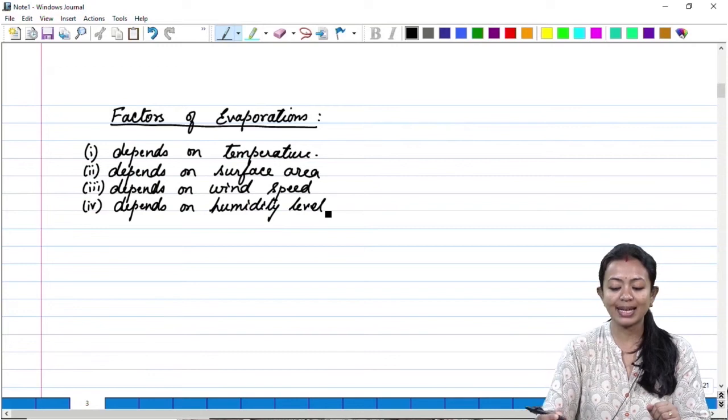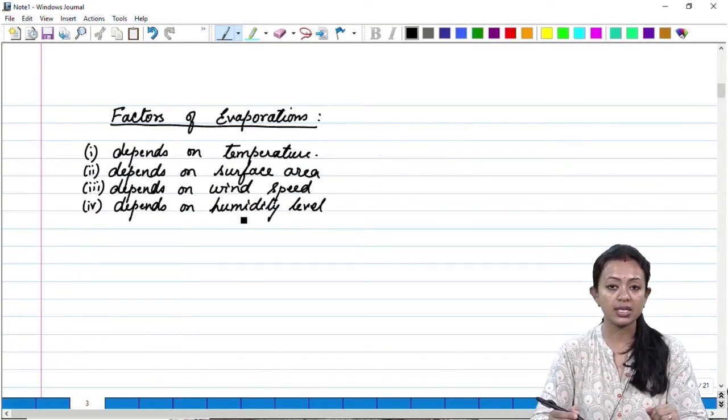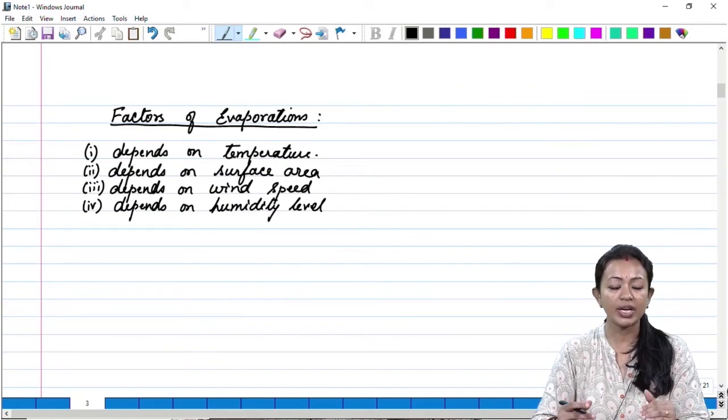So questions like that can get solved by applying this concept. Now what is humidity? It is the amount of water vapor that is present in the air. More the level of humidity, more the water vapor, less would be the rate of evaporation. Less the water vapor in the air, that is, if the humidity is less, then more would be the rate of evaporation. Why? Because the water molecules will get enough space in the air to get converted from the liquid state to the gaseous state.